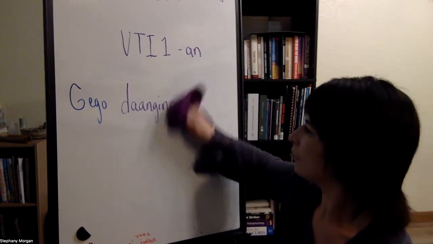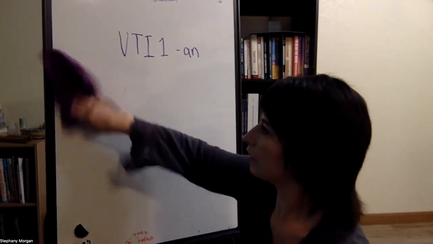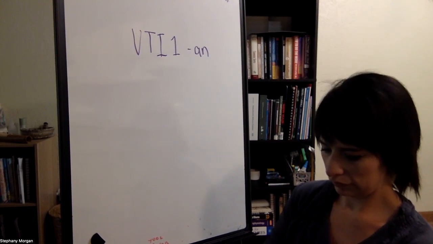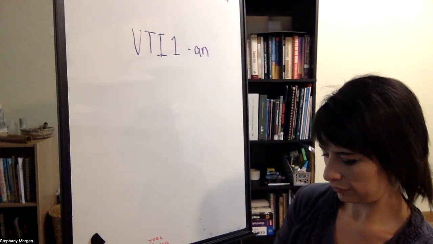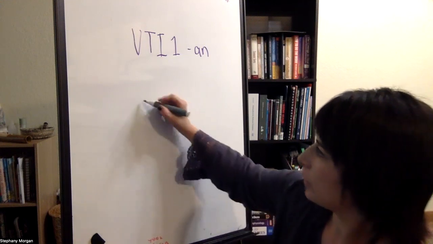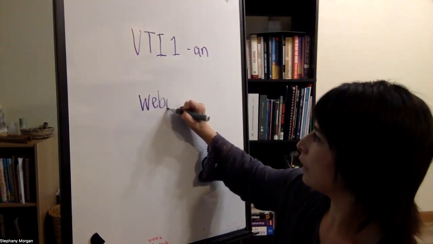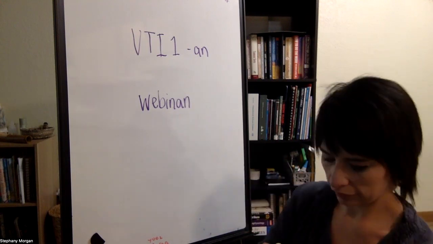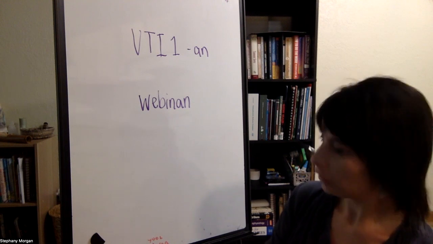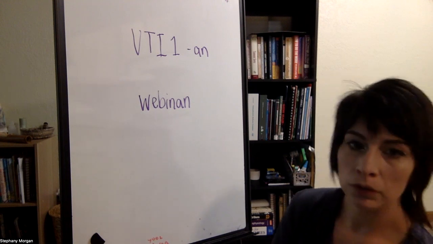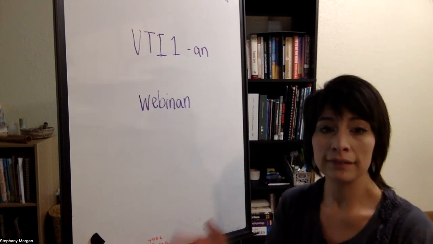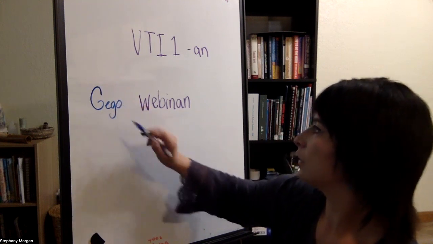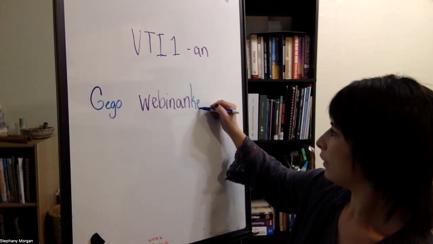Let's try a positive and a negative in this form. So let's say someone's about to throw something out. Wabenan. So wabenan, throw it away. Wabenan. That's a command to a single person. Let's say we're telling more than one person, don't throw it away, save it. So we get geigo, waben none, kegon,